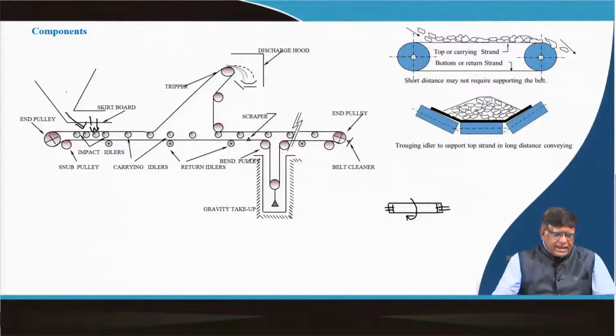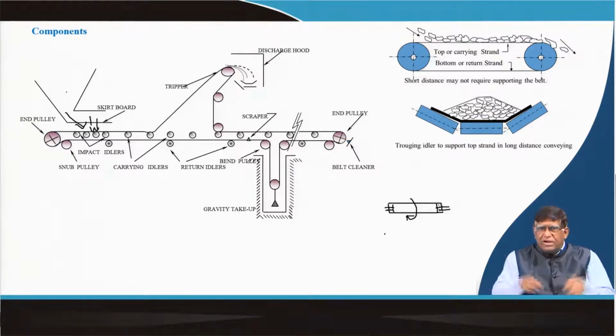Now, there are some carrying idlers, meaning at the load where it is being carried, these idlers are called carrying idlers. And then there is a return idler. As in the previous drawing, a return belt was moving on a single idler. So, this is a single idler like that, that is a return idler. The carrying idlers are troughed idlers for our bulk material purposes.